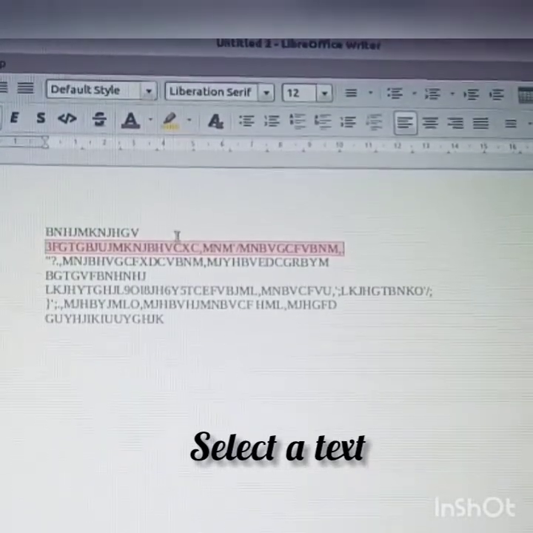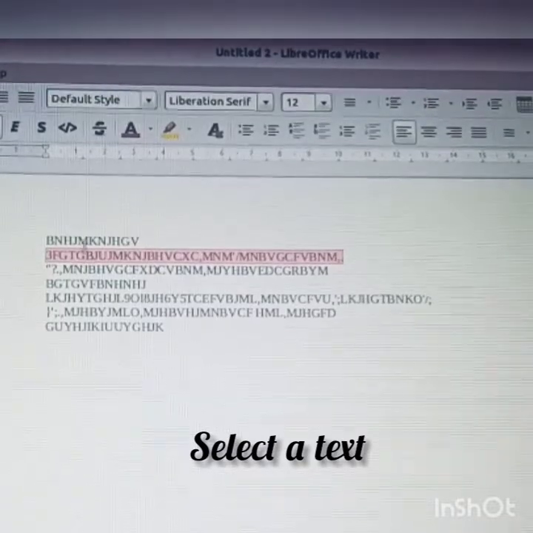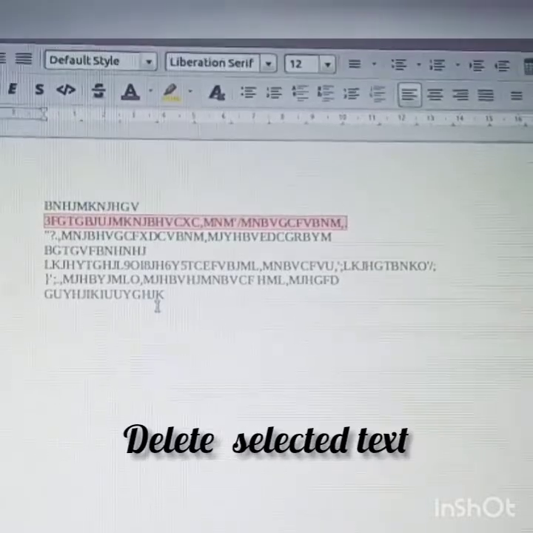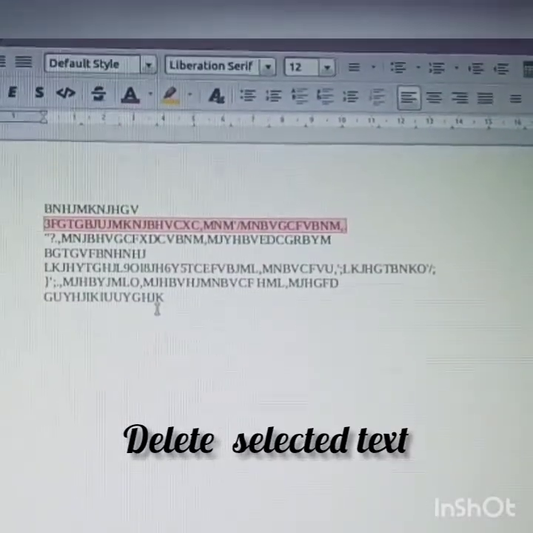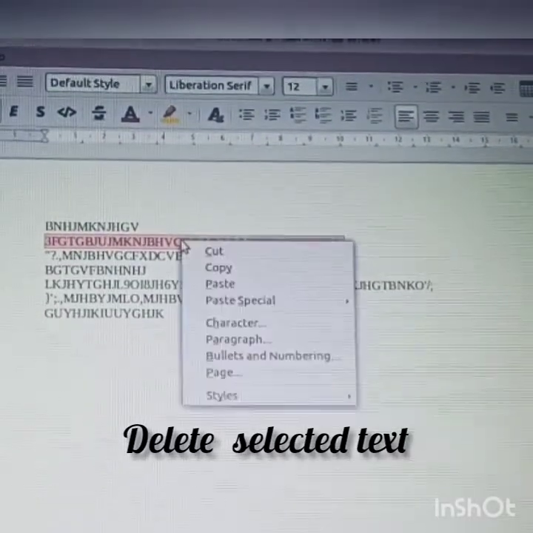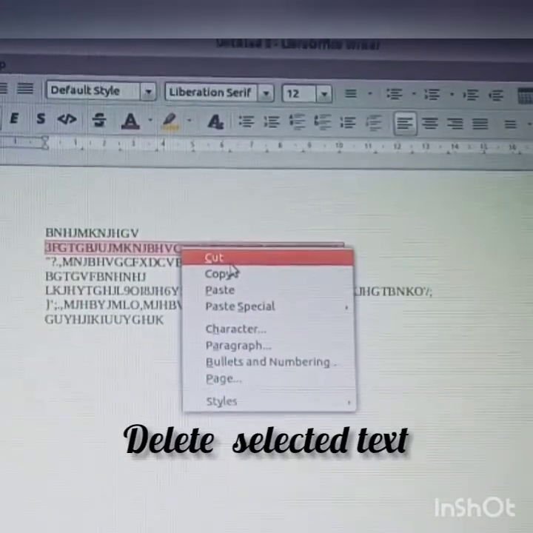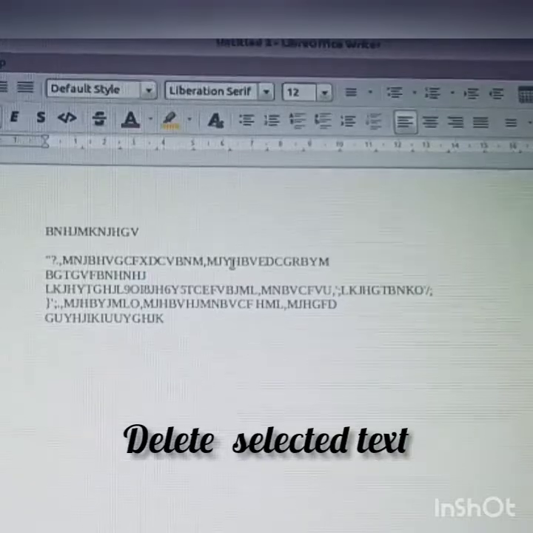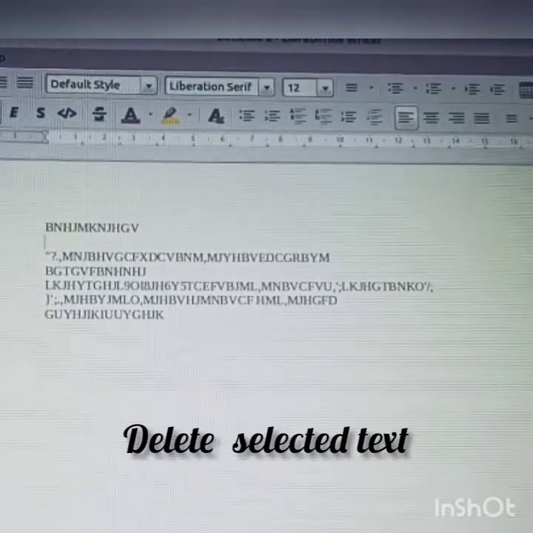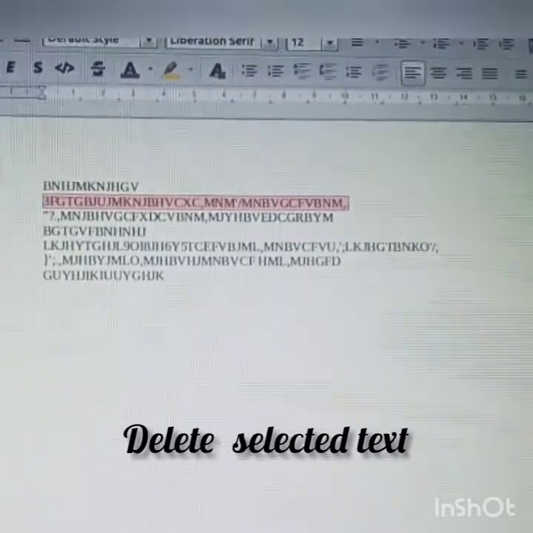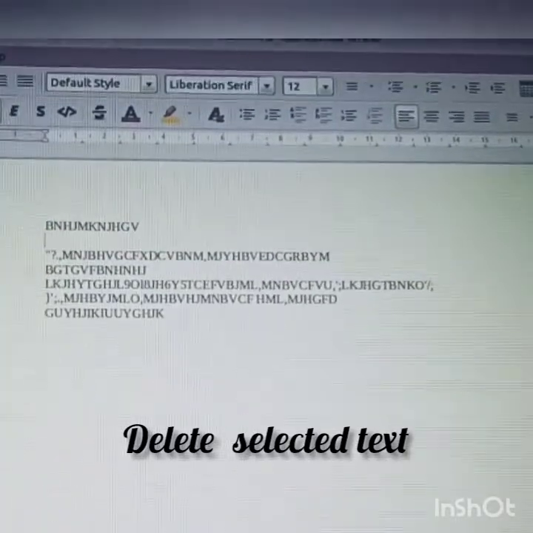Now you might be knowing how to delete it. If you don't want the second line to be here, what will you do? You will just select it and then right click and see here the delete option is there, or the cut option. You can cut it. Okay, this is the first option. And the second option is, if you want to delete something, select it, and in the keyboard the delete option is there.